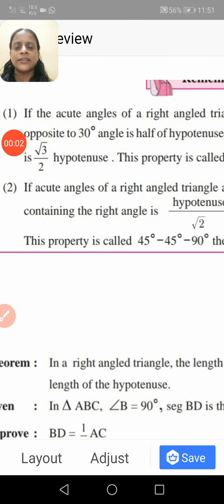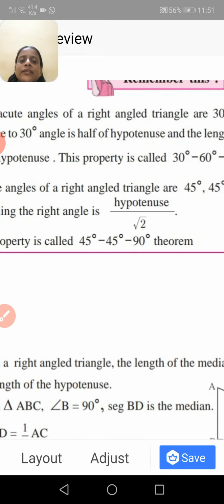Hello dear students. In this chapter, first part you have learned about congruence of triangles and exterior angle theorem or remote interior angle theorem, etc. So in this part 2, we are learning some more theorems related to triangles. So listen here. First, 30, 60 and 90 degree angle theorem.